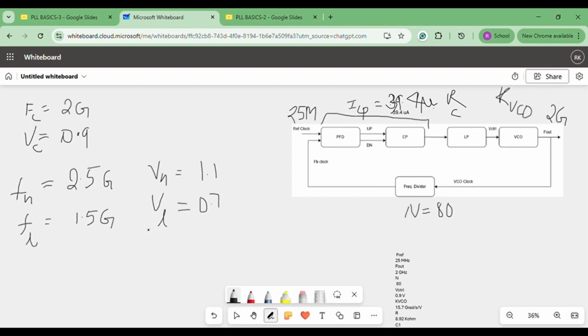Okay, so what was the K ratio then? For a 25% limit, the K ratio is basically FH minus FL, sorry for the bad handwriting, FH minus FL divided by VH minus VL. Okay, which is nothing but 2.5 giga